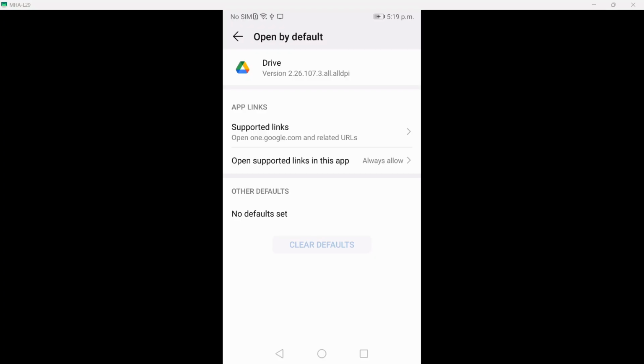folder, just make sure you select the correct app you want to open it with and click always, and this